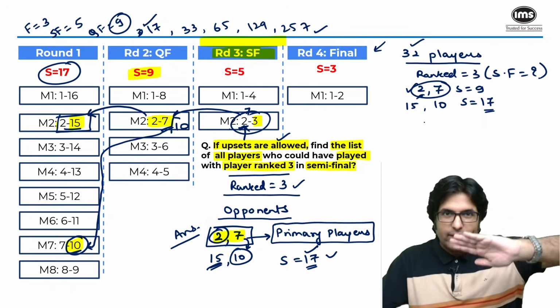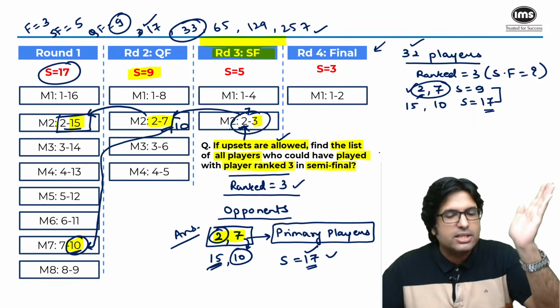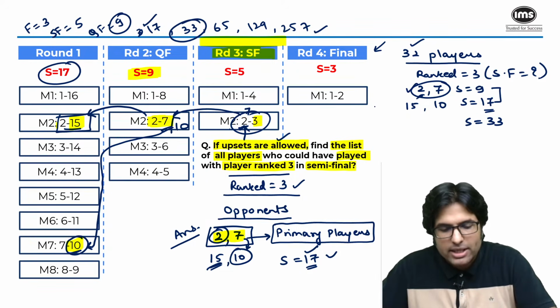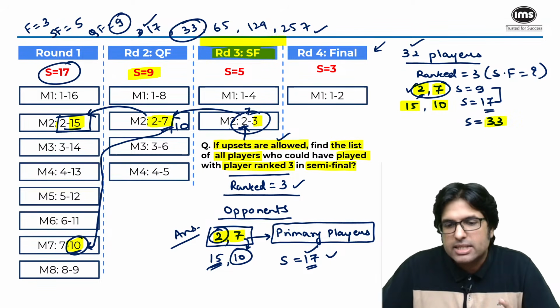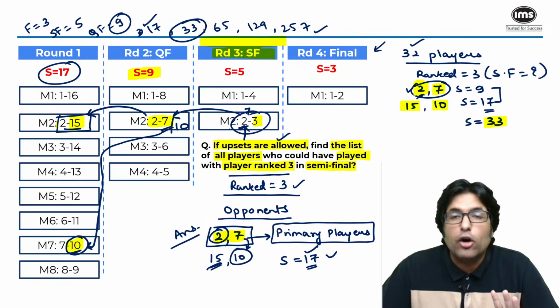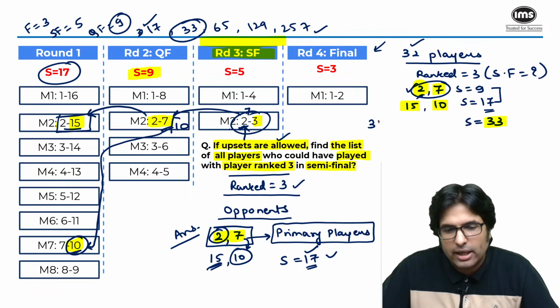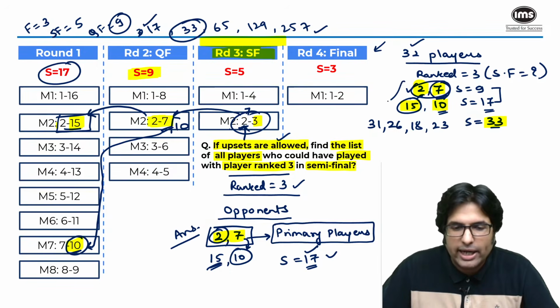So far so good. But if there were more players, how do we go about further? After 9 and 17, what is the next sum in the previous round that we would get? So in the previous round, we would get a sum total of 33. So for all these 4 players, you need to find a complement to these numbers such that the sum total is 33. In other words, what should be added to 2 to get a sum of 33? You would say 31. For 7, what should be added? So we'll say 26. What should be added to 15? So we'll say 18. And what should be added to 10? So 23. So this is the list of 8 players